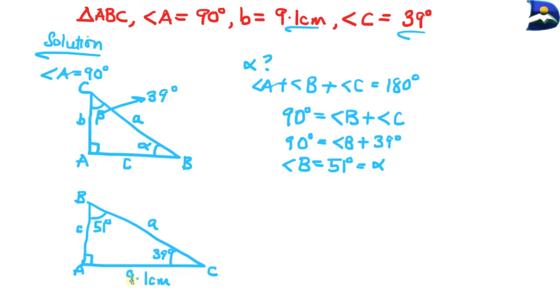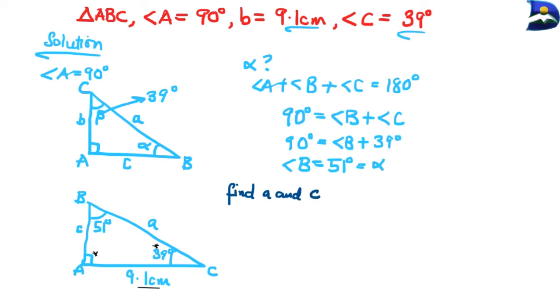So the given information in the question is 90 degrees, we have 9.1 centimeters, and we have our angle to be 39. So in this particular case, we are going to be using this, this, and this to determine the missing things right here. That is a skill to recognize. So in order for us to find sides, let's make these a different color, to make things a little bit more spicy. So in here, we need to find our side A